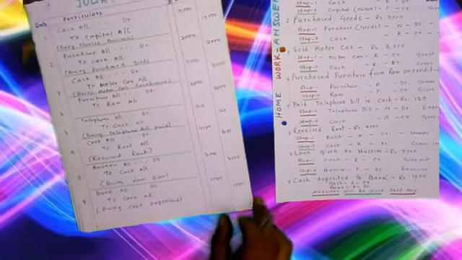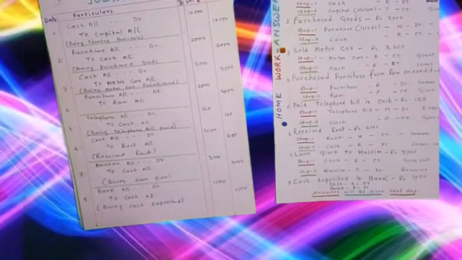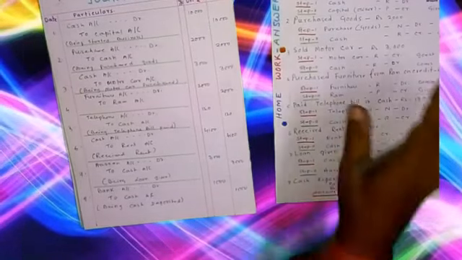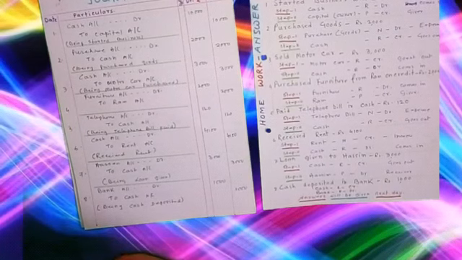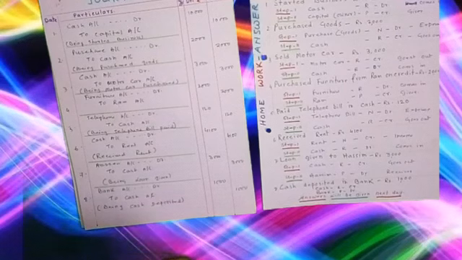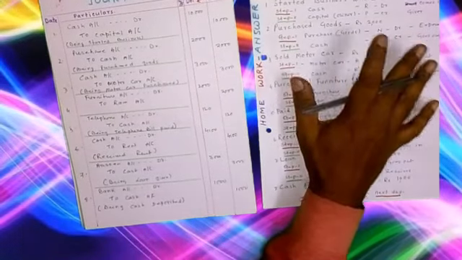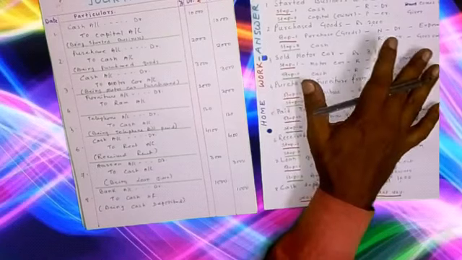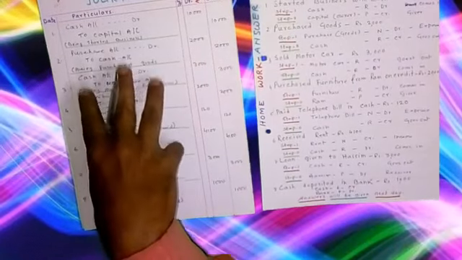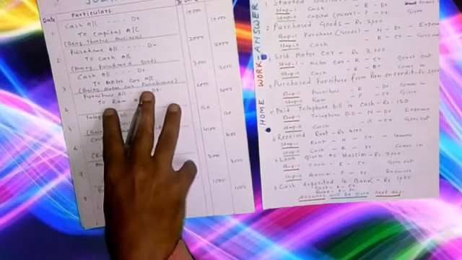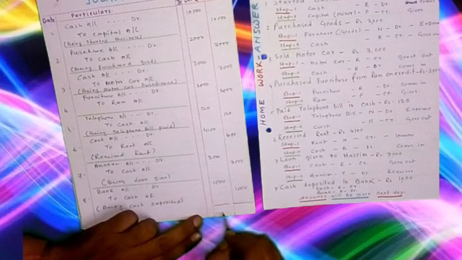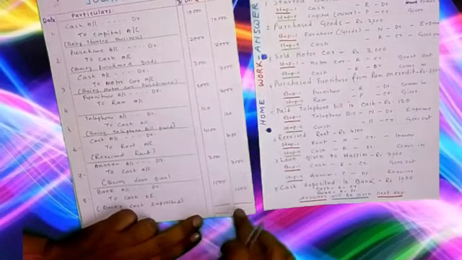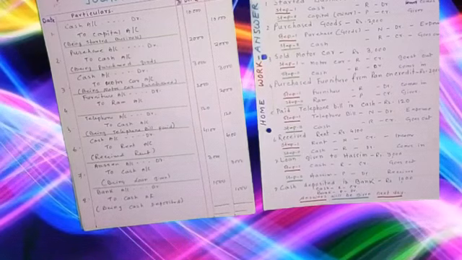Okay, in this way we prepare the journal. At first you have to analyze the transactions into debit and credit as per rules. Rules are given earlier, steps are given earlier. You follow the rules, the golden rules and the steps. After analyzing, this is your rough working part. After analyzing, you record it in the journal book. How to record in the journal book, I have explained to you. Now you can add these two sides, both sides will be equal. Okay, in this way the journal is prepared.